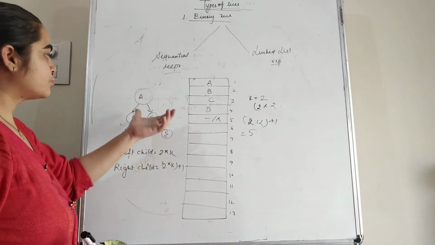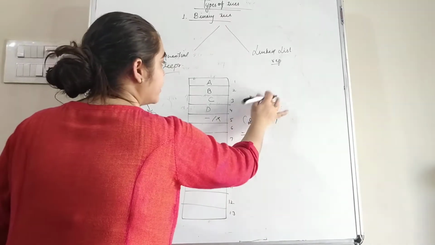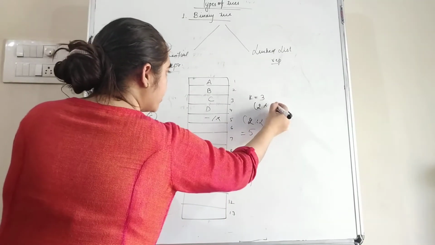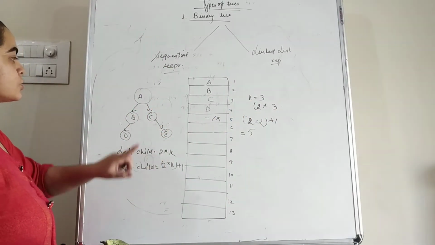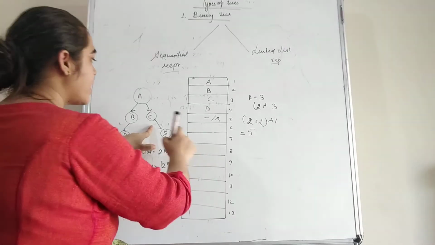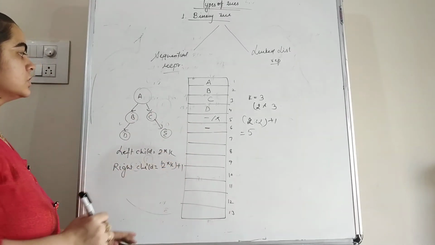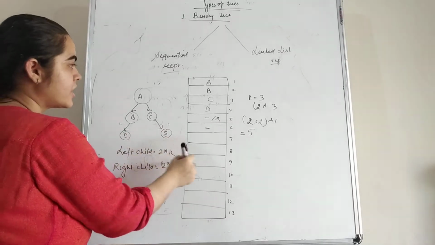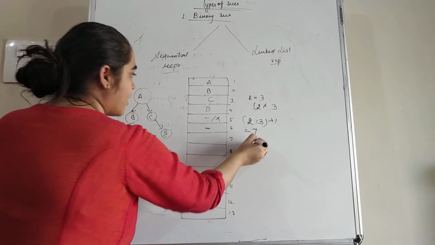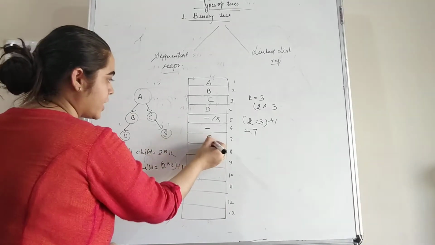And after this, for adding the left and right child of the C parent, again we increment the value of k by 1. Now k is equal to 3. Again put it in the formula, 2 into 3. So 2 into 3 is 6. So at location 6 we add the left node of this C parent. The left node of this C parent is nothing, so again we put a dash. And after this we add the right child. For the right child again we put it in the formula, that is 2 into 3 plus 1. After calculation the memory location is 7. So that means at the seventh memory location we add E.